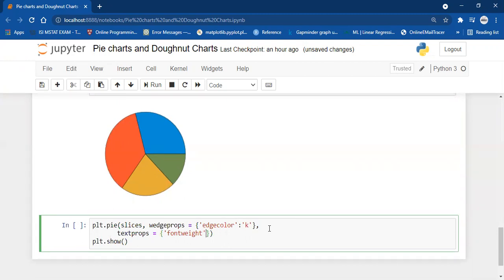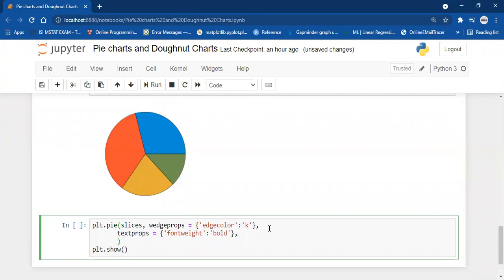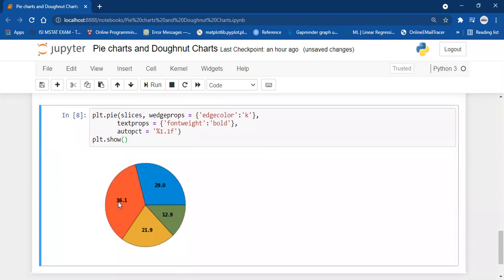Why I'm doing this, I will tell you. The font weight is going to be bold. And then the percentage. We want the percentage to be visible, and for that the parameter is autopct, and you pass a string formatting, percent 1.1f, and then I run it. So as you can see, my percentages are visible: 36.1, 29, 12.9, 21.9.